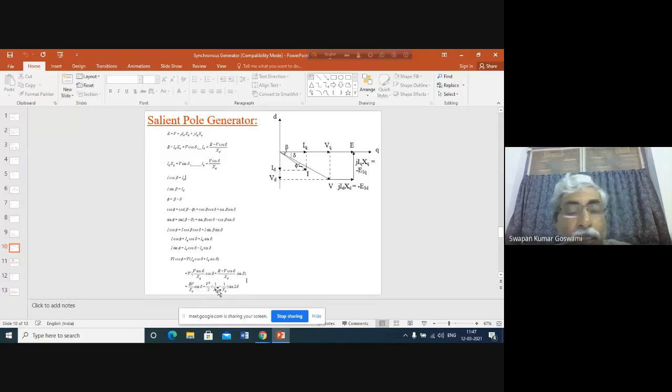And there is one sine 2 delta component. There is one sine delta component. This sine delta component is exactly the same as the cylindrical rotor machine, but here this is somewhat different. How is it different? You see that with 1/2 cycle of sine delta component, there is a full cycle of the sine 2 delta component. So I have not drawn the complete power angle curve.